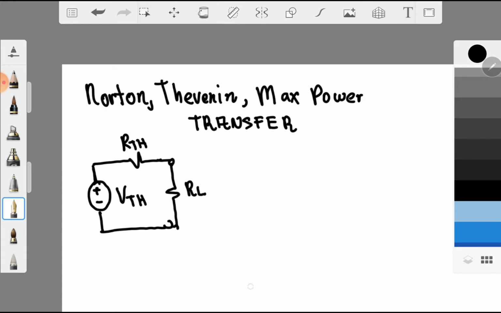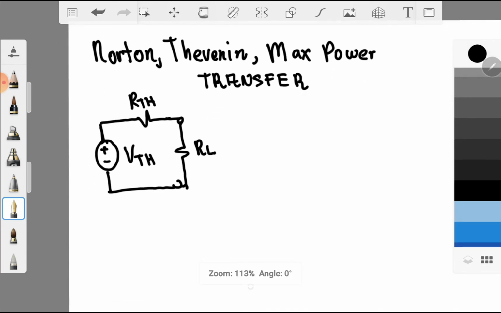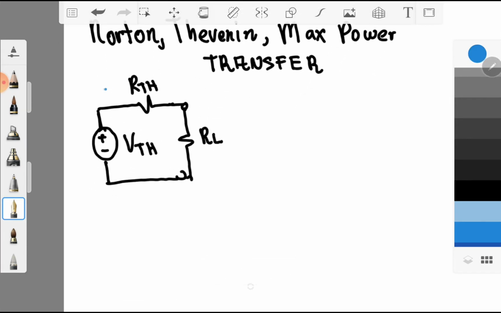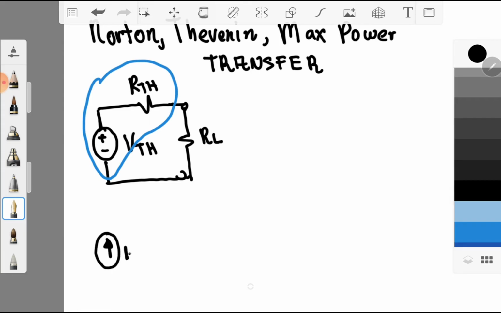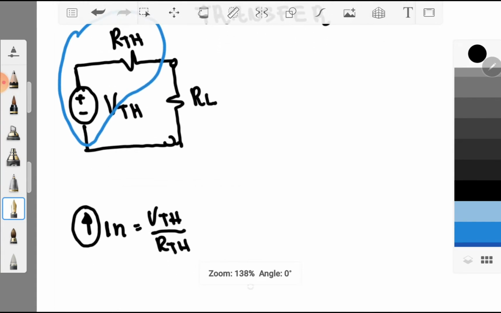And then your VTH, you will source transform this VTH and your RTH to get the Norton equivalent. So the principle of source transform is that the arrow will follow the positive terminal or positive polarity. So your IN is equal to VTH over RTH. Okay, and then we have your